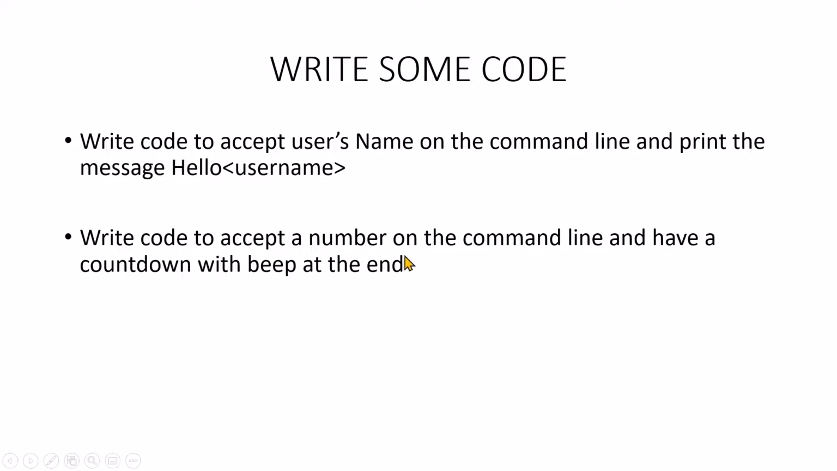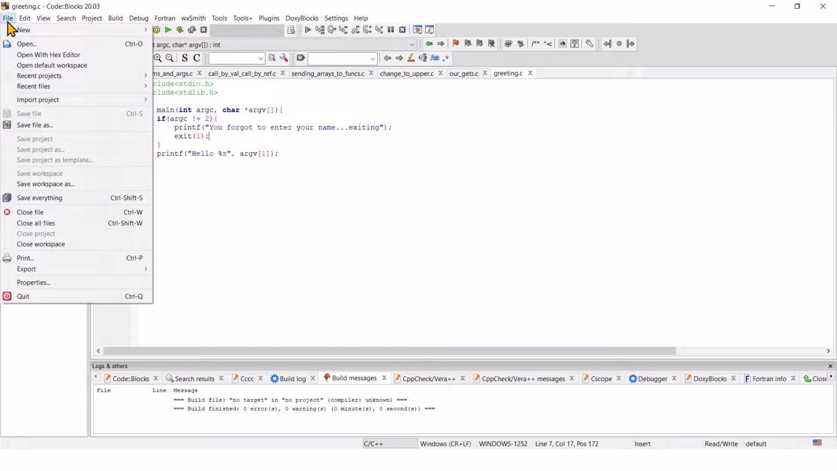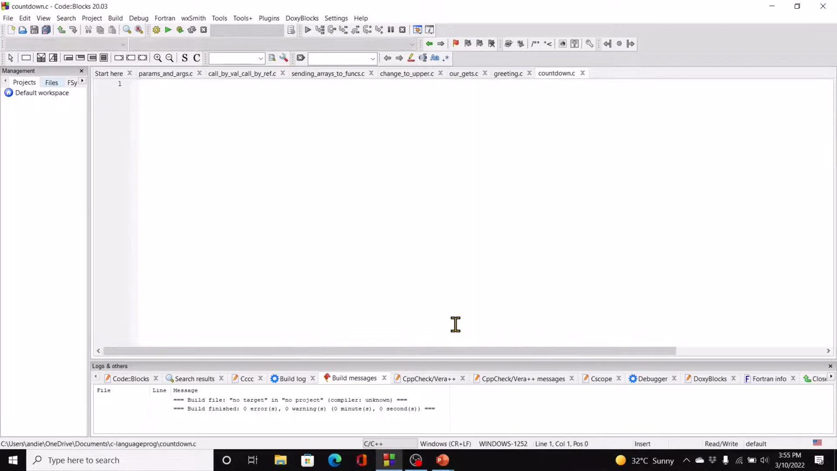Write code to accept a number on the command line and have a countdown with beep at the end. Right, so the user enters a number, we count down, right, from that number to 0, and then have a beep play at the end. So let's go back to code blocks. And let's write that program. So again, new file. And let's start with #include stdio.h and then #include